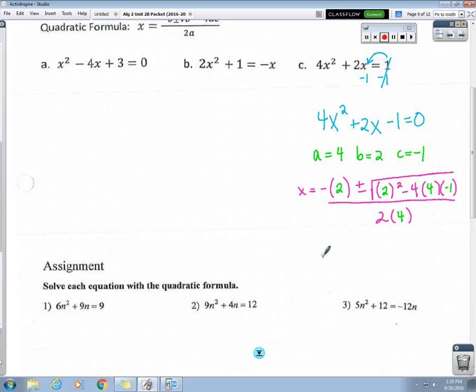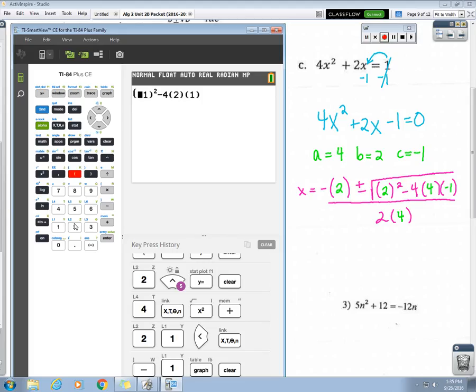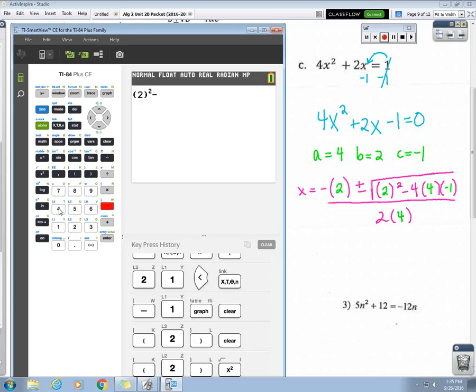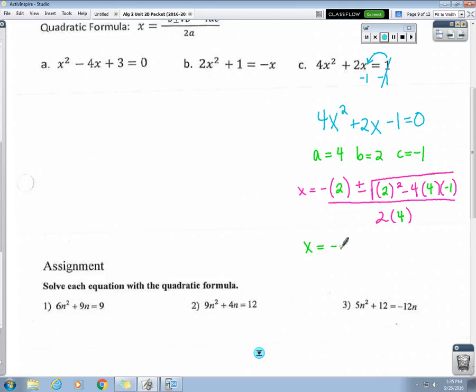Now the first thing I want you to type in is the what? Which is called the discriminant. Right, so let's type in that discriminant. So 2 squared minus 4 times 4 times negative 1. I would always put parentheses kind of like I wrote them in. Okay, you'll never go wrong with parentheses, but without them you could go wrong. 20, okay? So now I have x equals negative 2 plus or minus the square root of 20 over